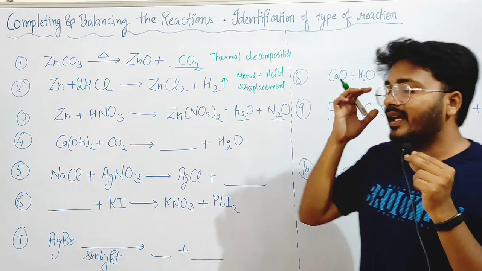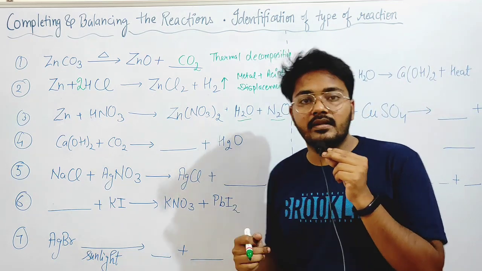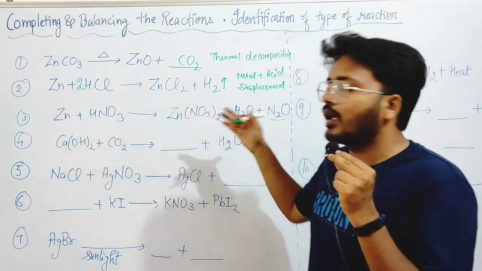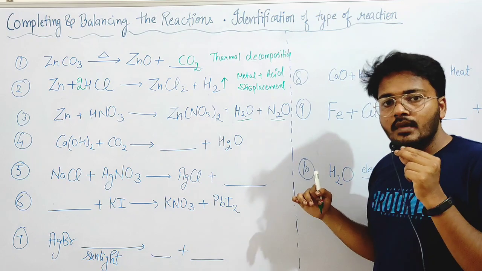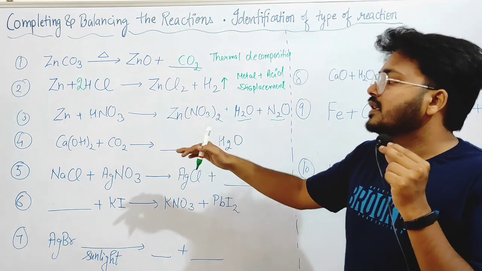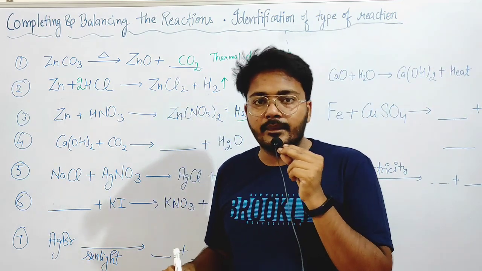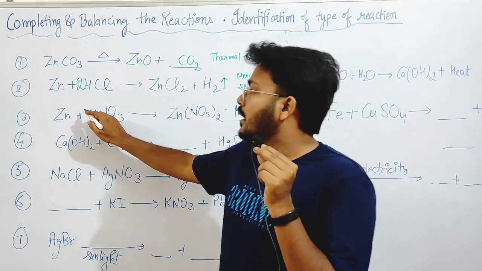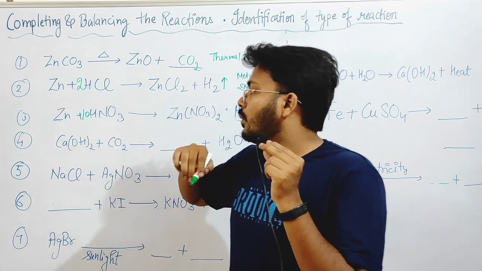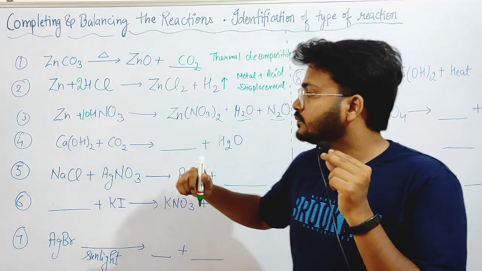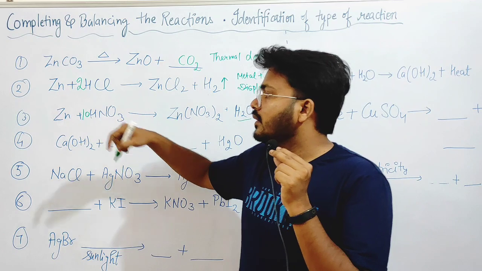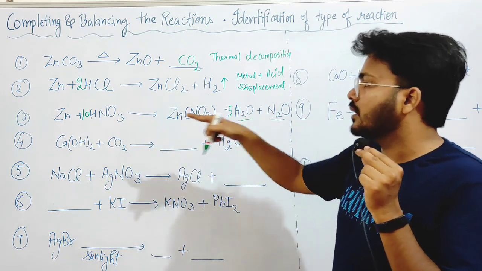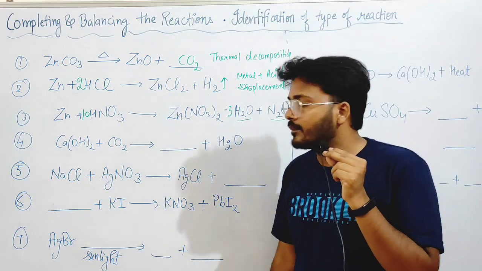Now if you want to balance the reaction, you have to do hit and trial, because whenever you multiply here, you must balance the oxygen first, otherwise other elements will not be able to balance. Here I am directly balancing this reaction. If we multiply nitric acid by 10, the number of hydrogen is 10, so we can multiply here by 5. Now the hydrogen are 10 on both sides.